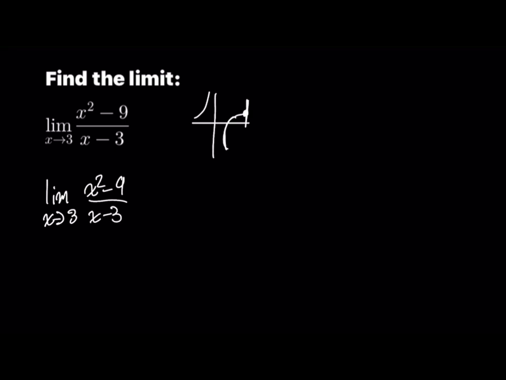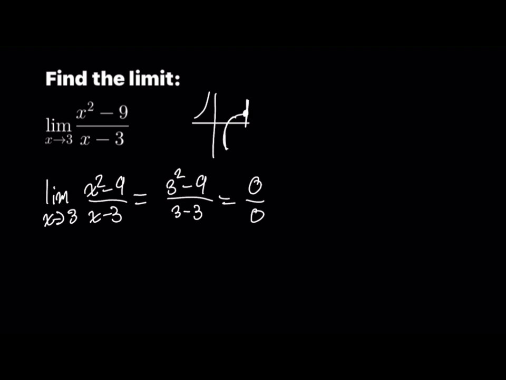So if we were to draw the graph of this function, which I'm just approximating here, but if this was the graph of the function, we'd want to know what value it is approaching as x approaches 3. So the first thing we should always do when trying to find the limit of something at a point that isn't infinity is to just put it into our function. So let's see, that'd be 3 squared minus 9 over 3 minus 3, which is 0